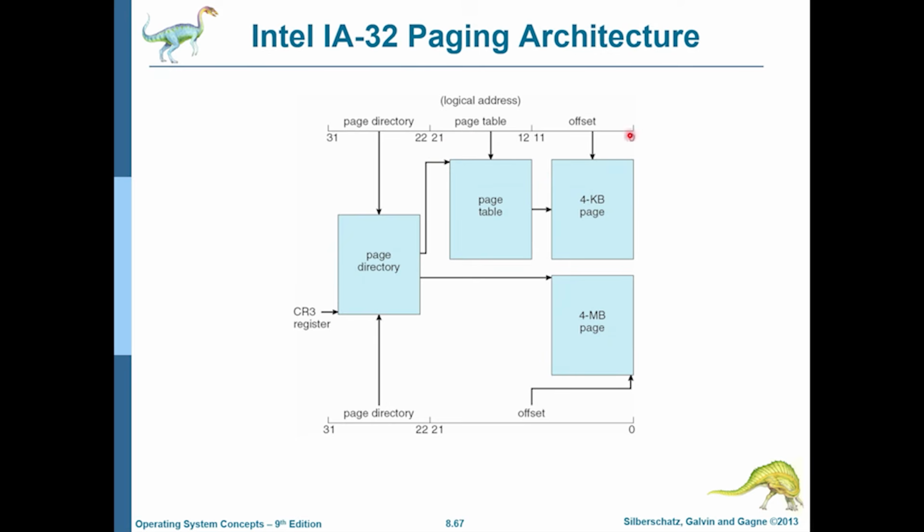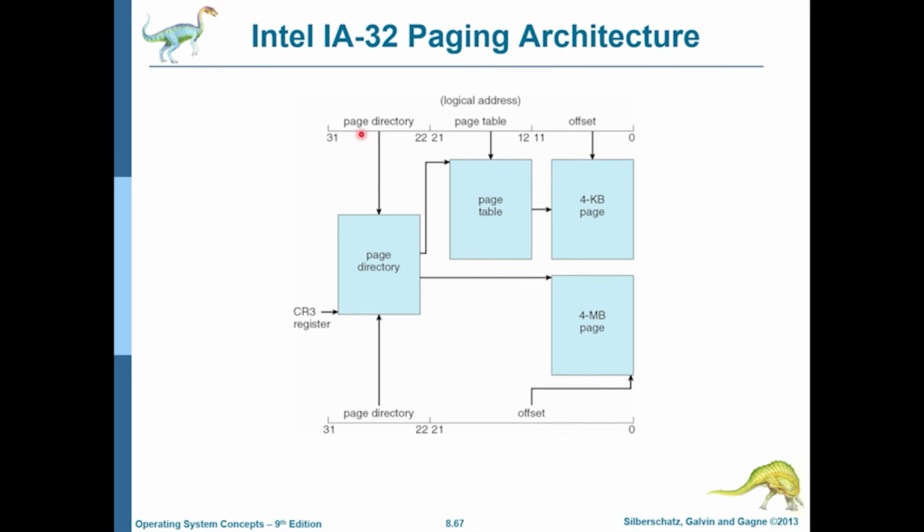And this is the paging structure. So here we use two levels of paging for smaller pages, because smaller pages can have lots of page table entries. So we need two levels over here. And we will look at later what happens for 4 MB pages just a little bit after this.